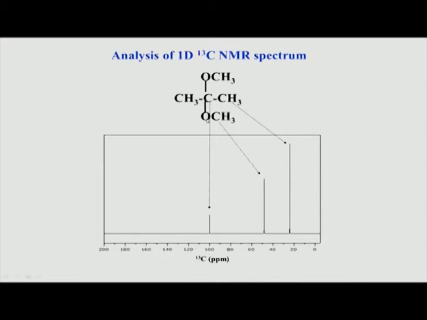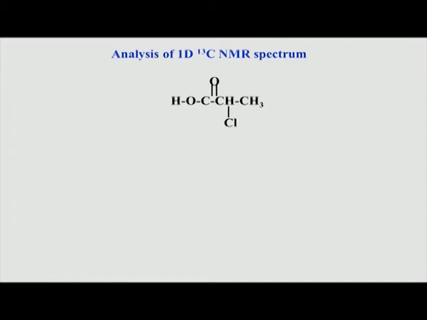But practically it is not possible to do that, because this may run into several tens of seconds. So, we cannot afford to wait for 5 times 10 seconds, which is about a minute, whereas other carbons may have a short relaxation time, only a few seconds. So, the idea is to quickly capture the chemical shifts without waiting too long, but if you do not wait sufficiently long, the intensity is reduced because of the incomplete T1 relaxation. And that is why the peak intensity of these quaternary carbons is usually very weak. We will also see this in the case of aromatic systems, aromatic quaternary carbons. So, let us move on to the next example here.